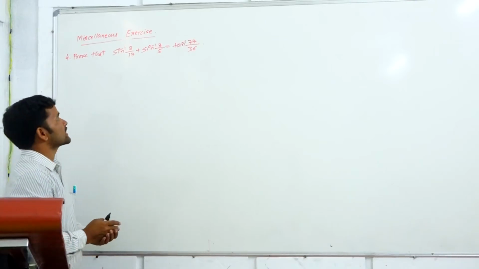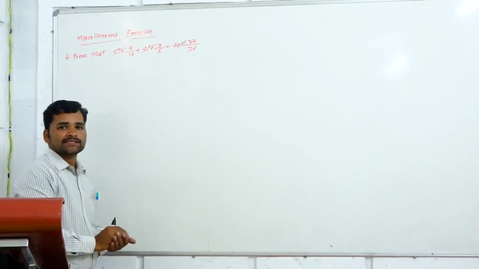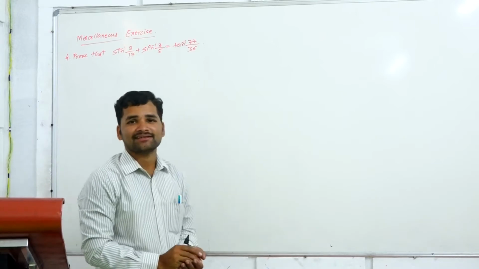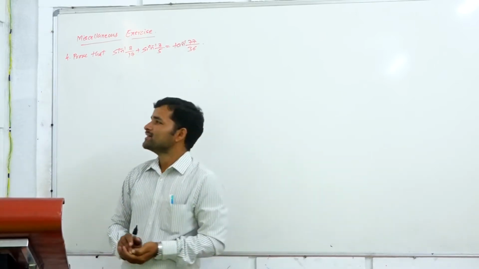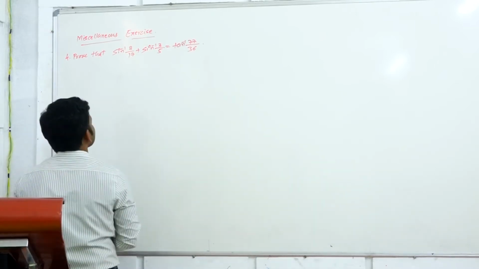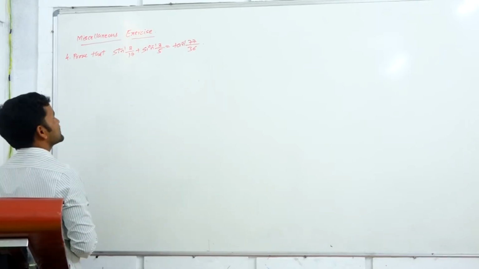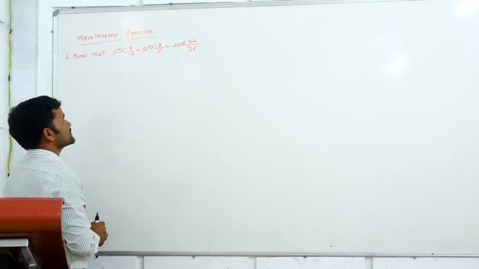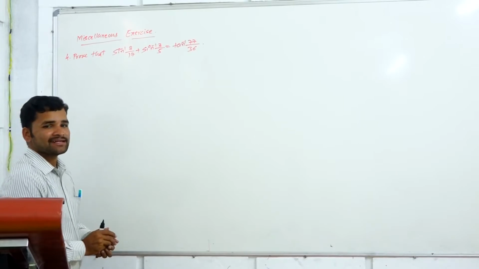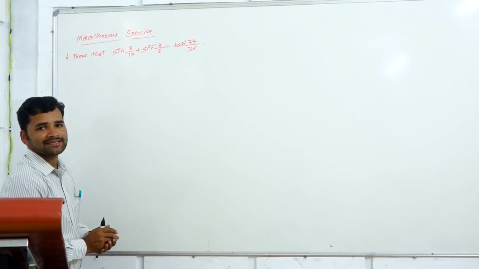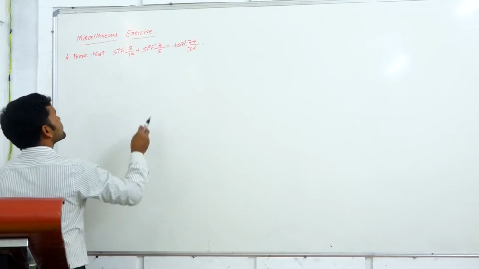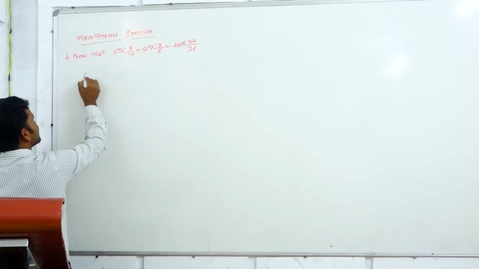Okay. Coming to the miscellaneous exercise, problem number 4. What problem number 4 says: prove that sine inverse of 8 by 17 plus sine inverse of 3 by 5 is equal to tan inverse of 77 by 36. Taking the LHS here,